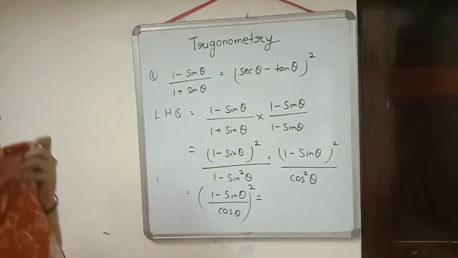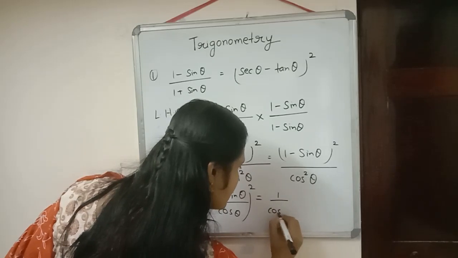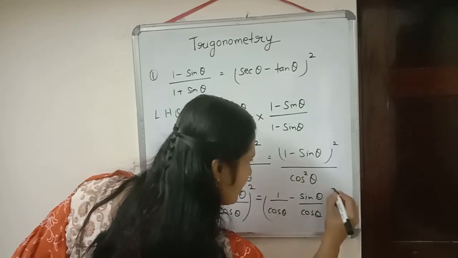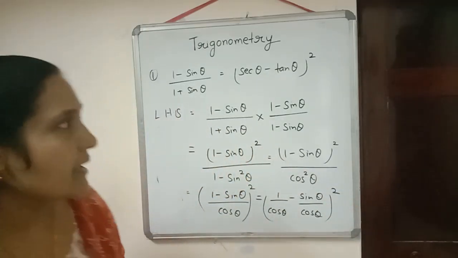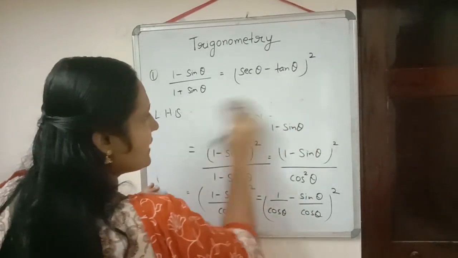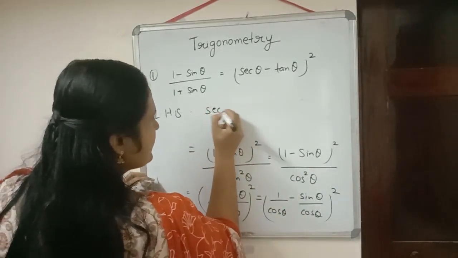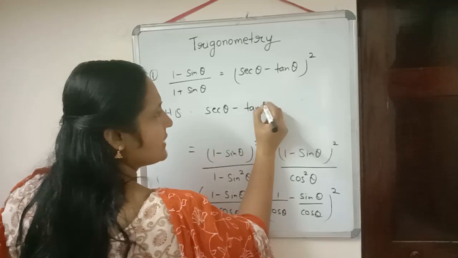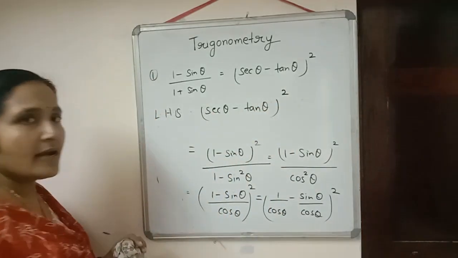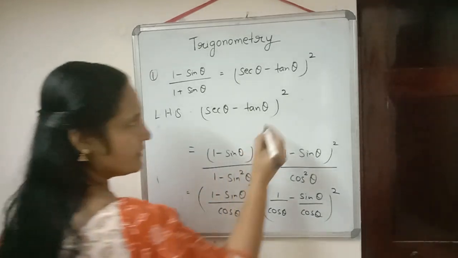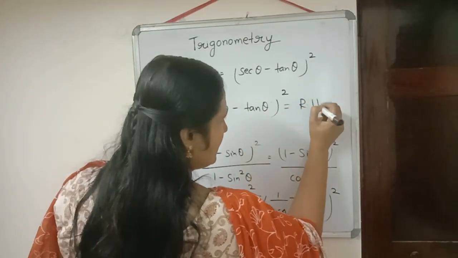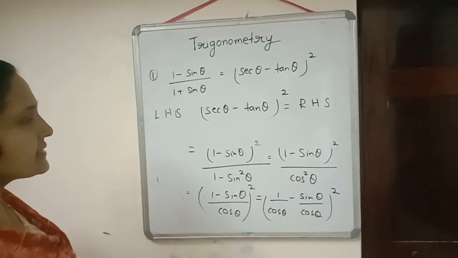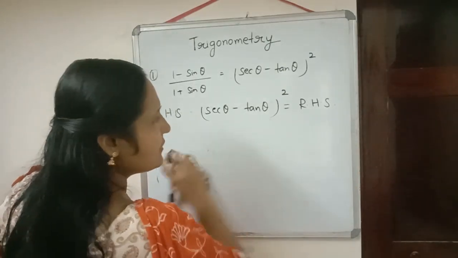Now we can write them separately. Then it will be equal to (1 by cos theta minus sin theta by cos theta) the whole square. What is 1 by cos theta? Yes, 1 by cos theta is sec theta. So just write down there, this is equal to sec theta minus sin theta by cos theta is, yes, correct, that is equal to tan theta. So we are getting (sec theta minus tan theta) the whole square, which is equal to our right hand side. So always whenever you are proving something, just check what you need in the right hand side and do accordingly.